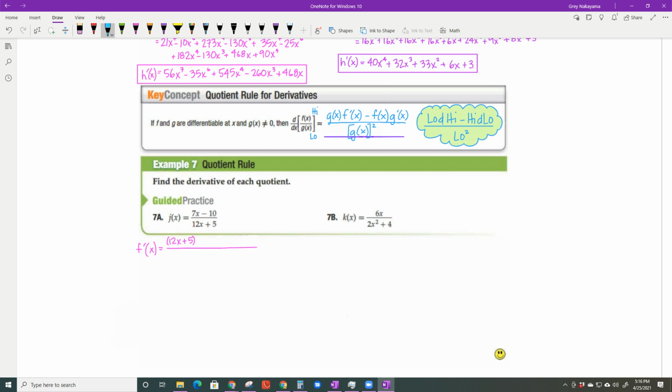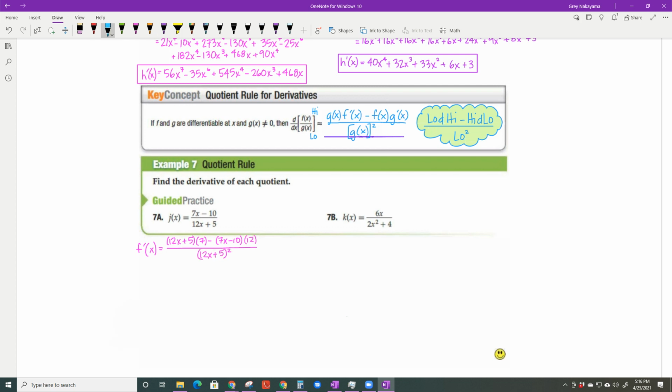Well, the derivative of the top, it only has a 7x. So that means the derivative of that is 7, because the derivative of 10 is 0. Remember, if it doesn't have an x in it, it goes away. Minus, so that was low d high minus high, 7x minus 10, d low, derivative of the bottom is 12,